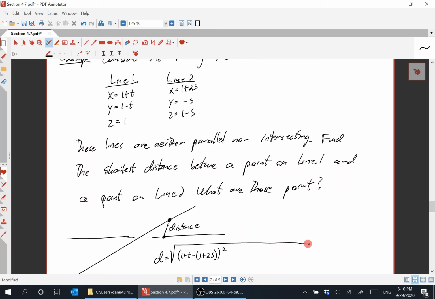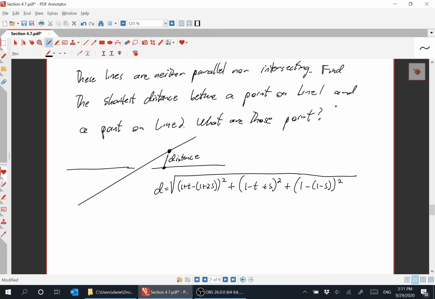That's the difference in the x-coordinates, plus the difference in the y-coordinates, 1 minus t plus s, squared, plus the difference in the z-coordinates, 1 minus 1 minus s, squared. Okay, and if we're trying to minimize d,